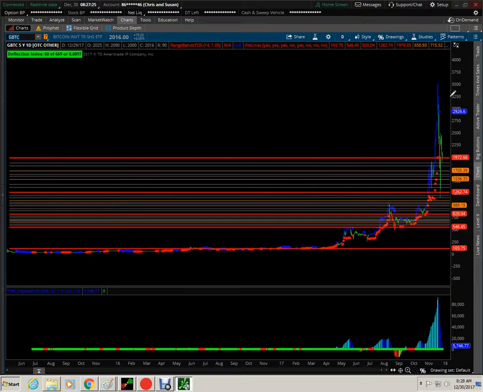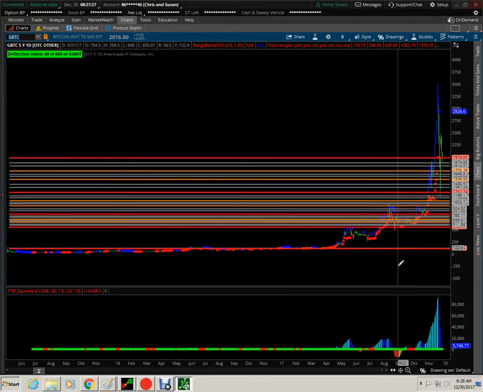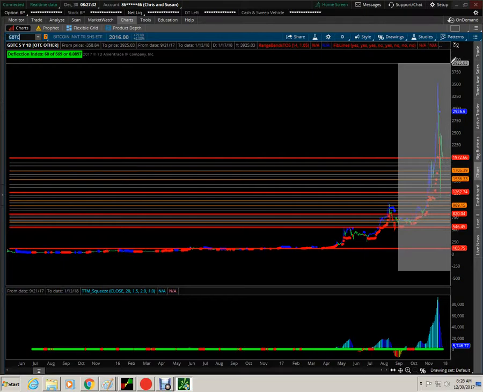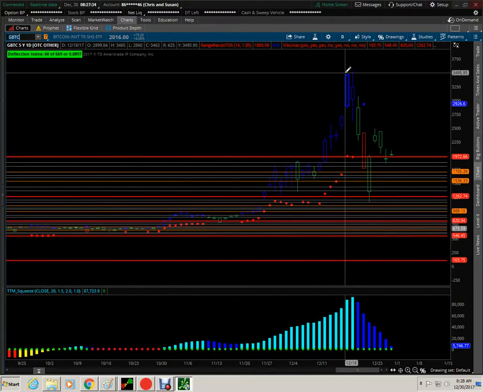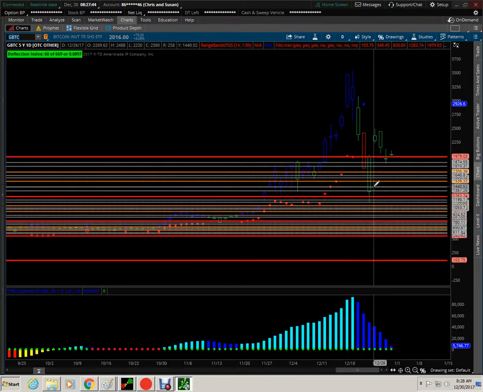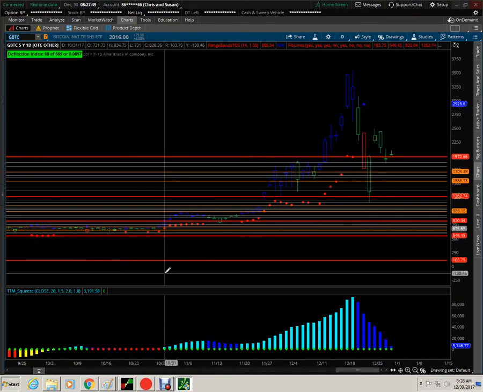However, keep in mind that it trades at a healthy premium to underlying Bitcoin Cash. And at this peak up here at 3,500, I believe Bitcoin itself was at about 18,000. So it was about a 50% premium to the actual value of Bitcoin. So, but it is relatively easy. I mean, you can trade it like a regular stock symbol. So that much is good about it. But there's now futures on Bitcoin, both the CME and the CBOE,